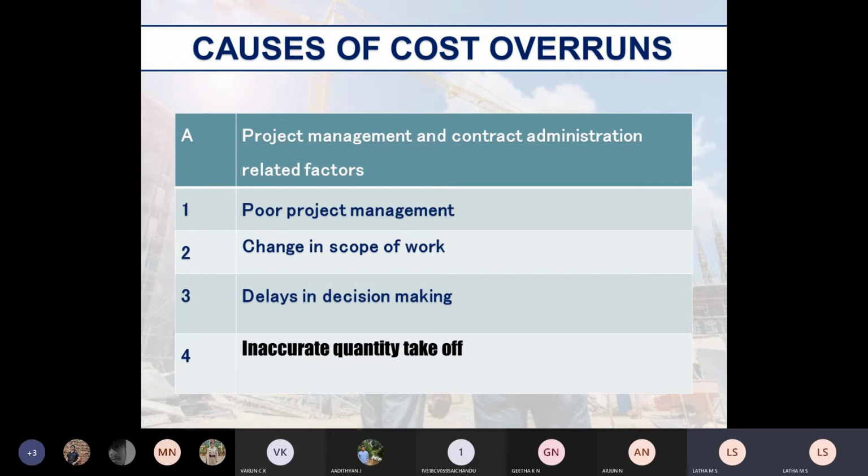First is poor project management. If you are given a person or a contractor who is not able to deliver the project in a proper way, is not able to manage the project correctly, not even maintaining the timings, not having readily available manpower to take up the tasks to be performed in the project, then it is poor management.